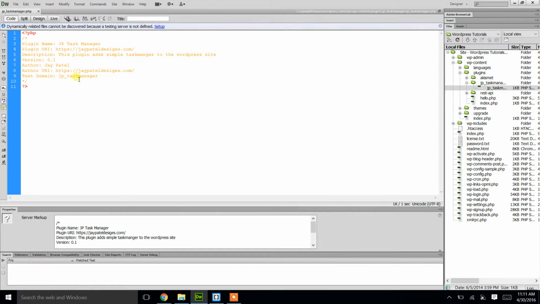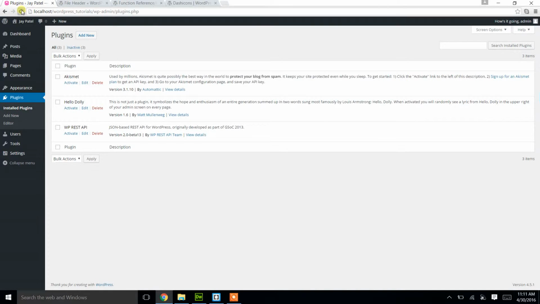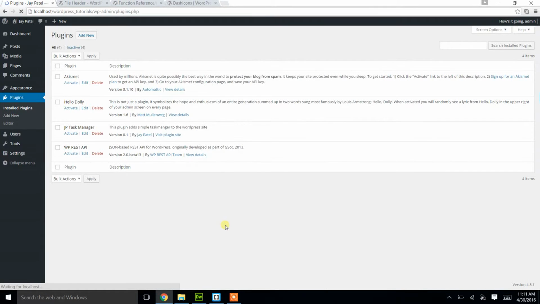So now when I save this and refresh our plugins, we will find our jp task manager here. You can activate it or deactivate it, that is the good part of plugins. You can activate and deactivate anytime you want. It's kind of add-ons you are adding to your site. So we'll activate our plugin,